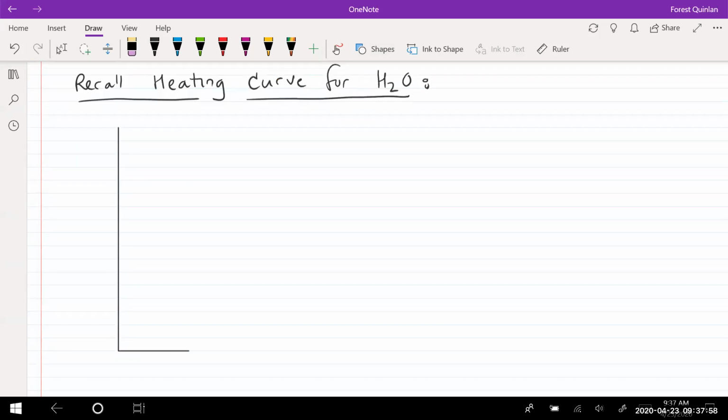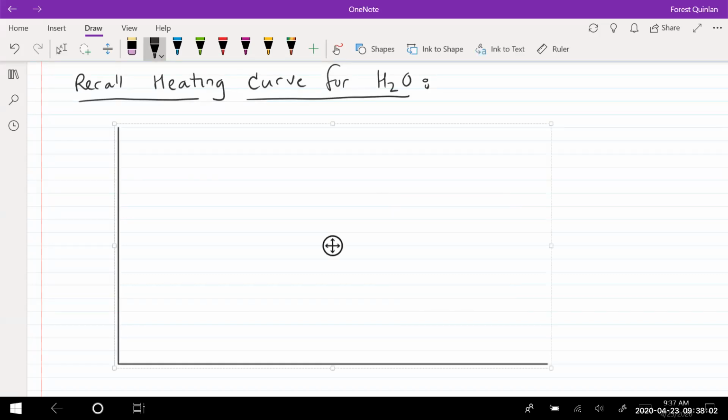It's going to look something like this, where we have down here the heat that we are pumping into the system, and of course the temperature in degrees Celsius here. Now I wonder if I can do this with cool lines here. Oh, this could be glorious. All right, so